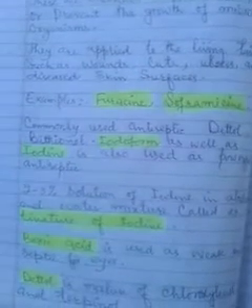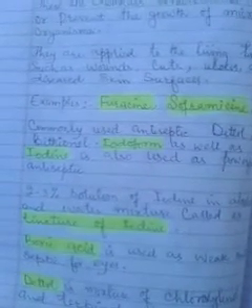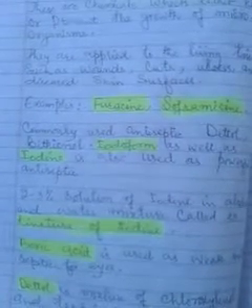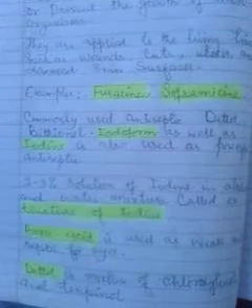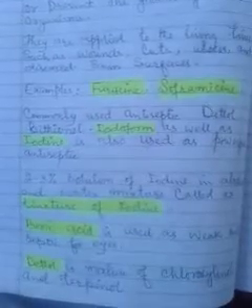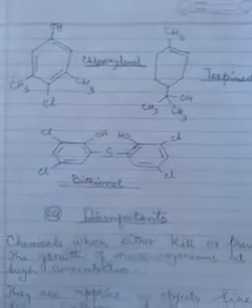Similarly, we have another very mild antiseptic called boric acid, which is a very weak antiseptic and is used for eye treatment. Dettol is actually a mixture of chloroxylenol and terpineol. Dettol is made up of chloroxylenol, the structure is like this. Similarly, it is made up of terpineol, the structure is like this. So the mixture of these two is the Dettol which we use in our day-to-day life.